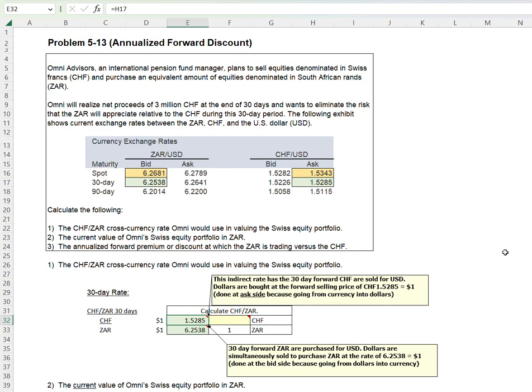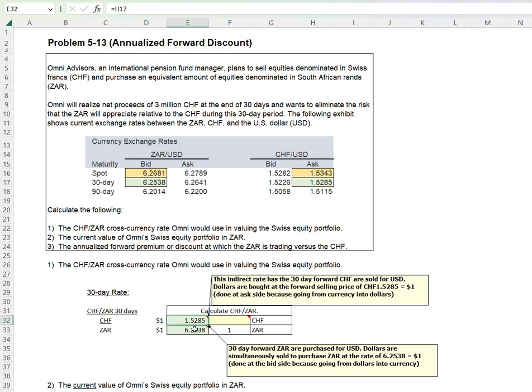Since we're going from the Swiss currency into dollars, that is, we are going to sell forward CHF for US dollars, we want to make sure we use the ask side of the quote, and that's the